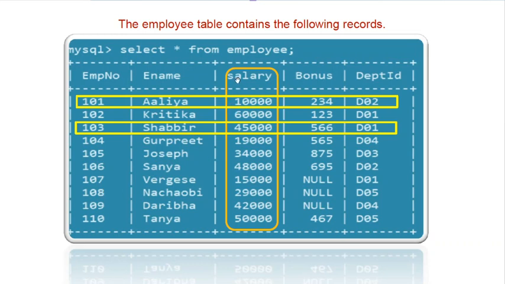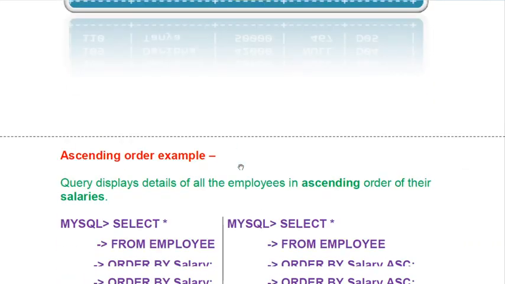But we want to arrange it on the basis of salary in ascending order. Then the records will move. Just try to find what will be the next record when you arrange the data of this table on the basis of the salary column in ascending order. After 10,000, which record will appear? That is 15, then 19. So the second record will be 107. Okay. So the entire horizontal line moves according to this order. It will shift.